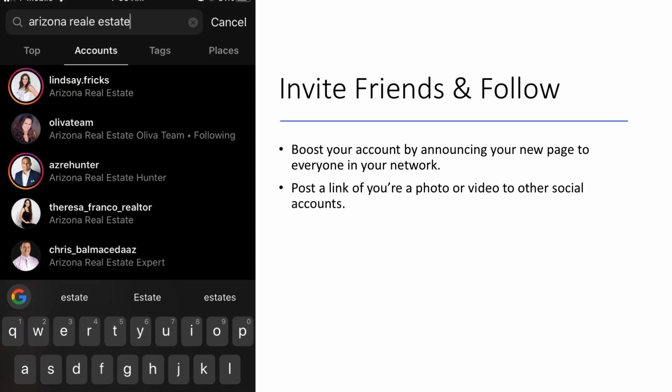When you have your Instagram app open, everyone's got a little magnifying glass there on the bottom right next to the plus for when you want to add or create a new post. The little magnifying glass is your discoverability, or your search. You can search by a number of different ways. You can search by names of people in their Instagram account. You can search by tags or hashtags. You can search by places as well.